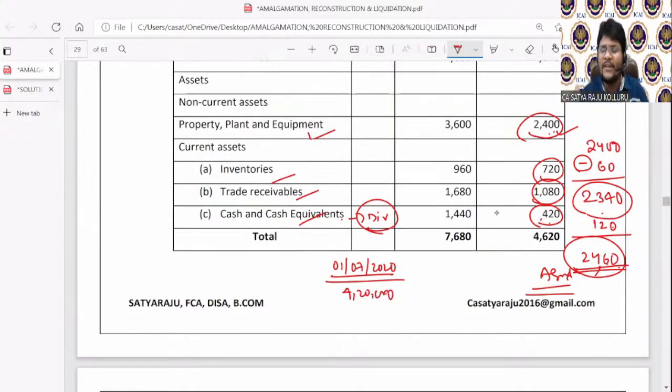Now, what are the cash transactions that occurred? The opening balance, and the cash transactions between 31st March 2022 and 1st July 2020. One thing: you derived the profit, am I right? You need to add the cash profit, not the original profit.